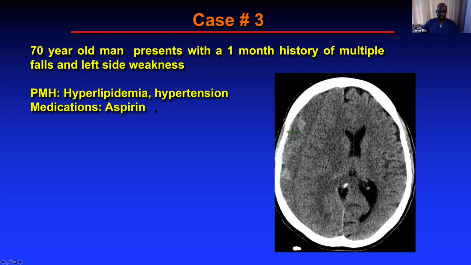Aspirin is a mild blood thinner. It's an antiplatelet agent. This presentation is relatively common for elderly people who are on blood thinners. They have multiple falls over the course of several weeks. Then you get a CAT scan on them, and they have what appears to be